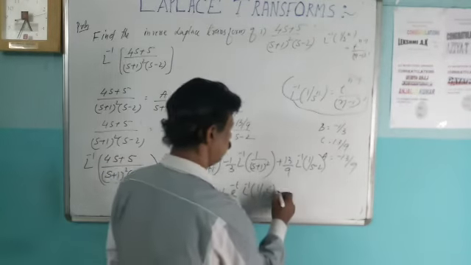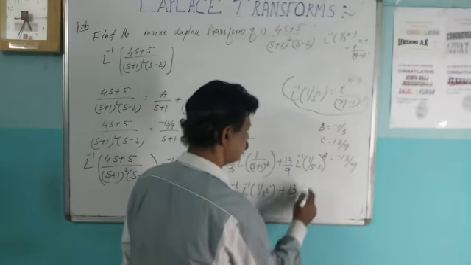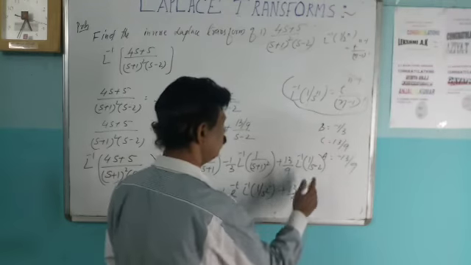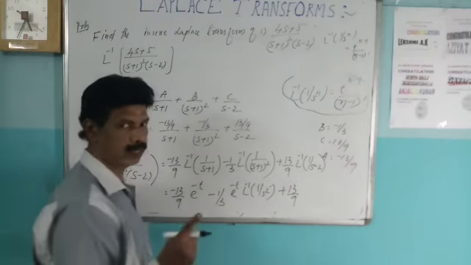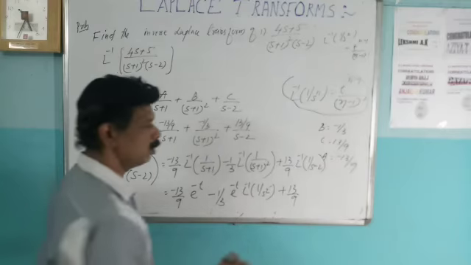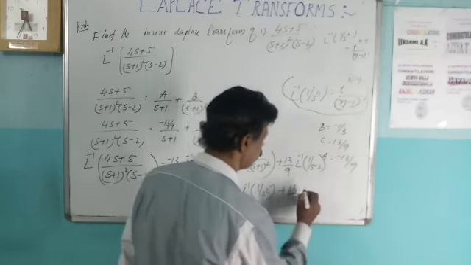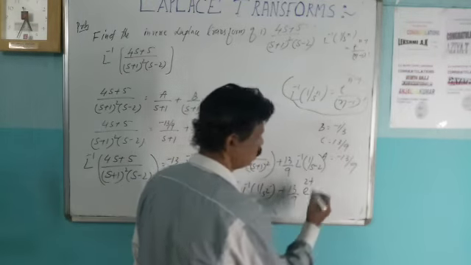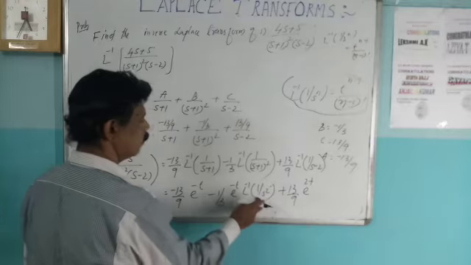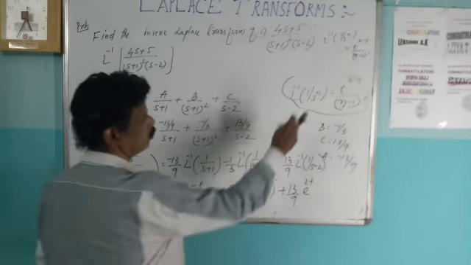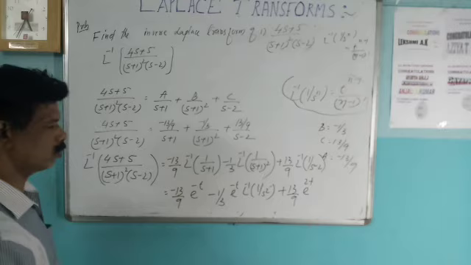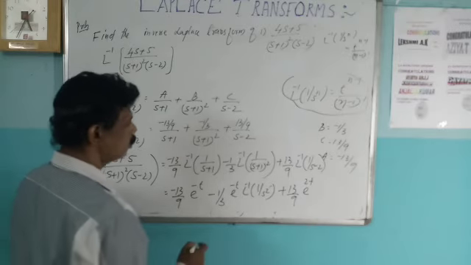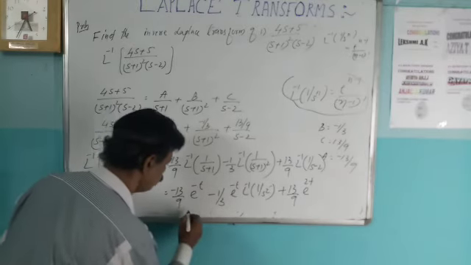And then 13 by 9 into Laplace inverse of 1 by s minus 2, that is equal to Laplace inverse of e raised to at equals 1 by s minus a. Therefore Laplace inverse of 1 by s minus 2 equals e raised to 2t. Okay. Then Laplace inverse of 1 by s square, we can use this formula: 1 by s raised to n equals t raised to n minus 1 by (n minus 1) factorial. So this final result is equal to,